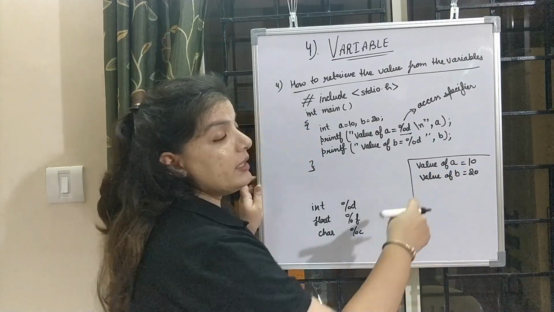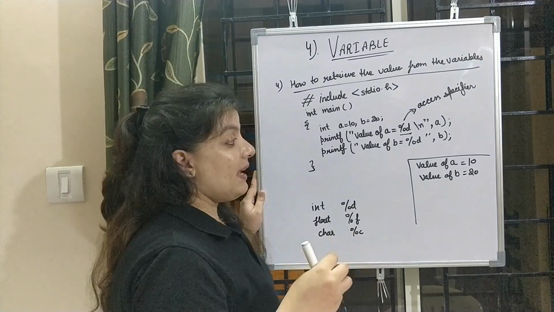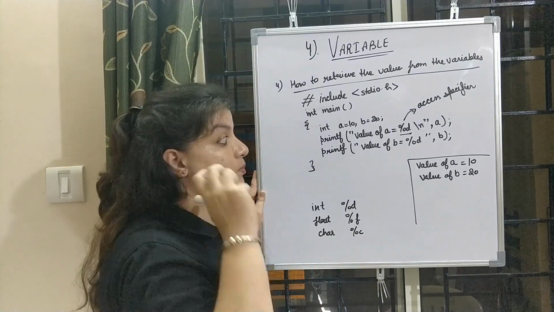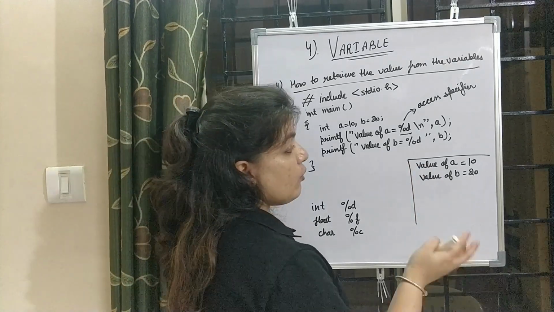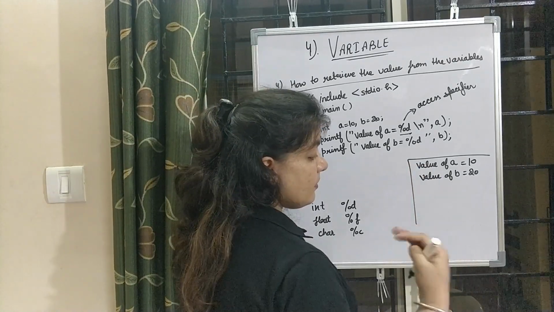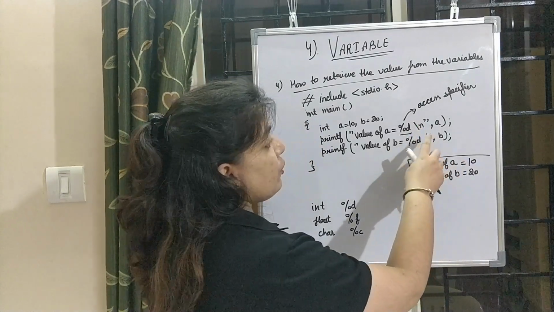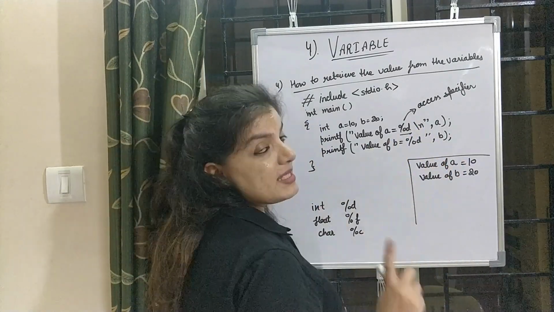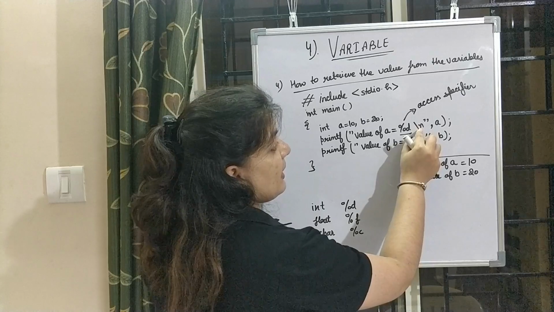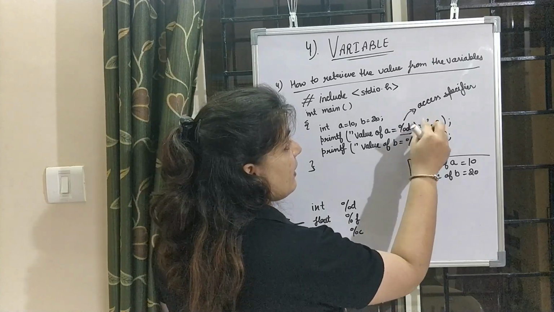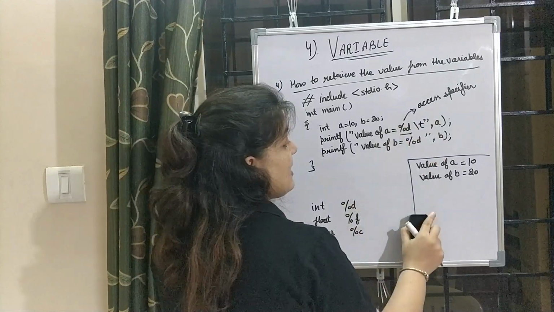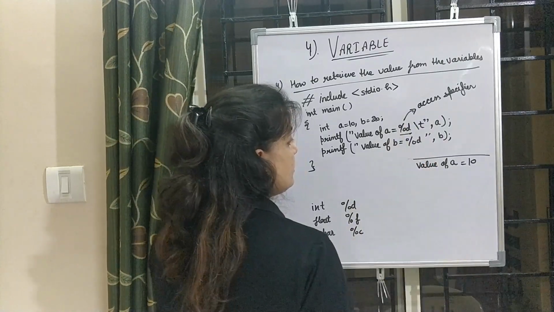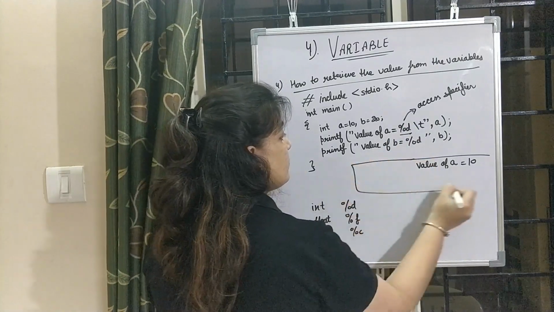We don't need to move to the next line. The compiler will produce the output exactly as you want. Like if you want to produce both values in the same line, then instead of writing \n here, you can use \t. So when we write this \t here, what will be the output? Like this is your output screen.